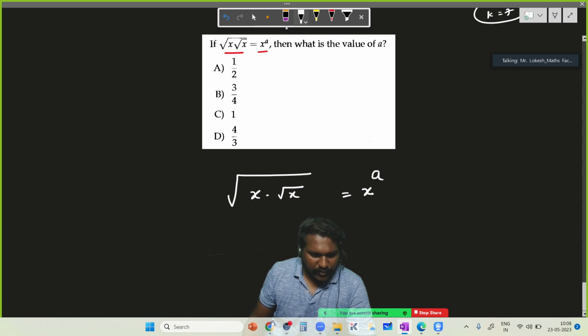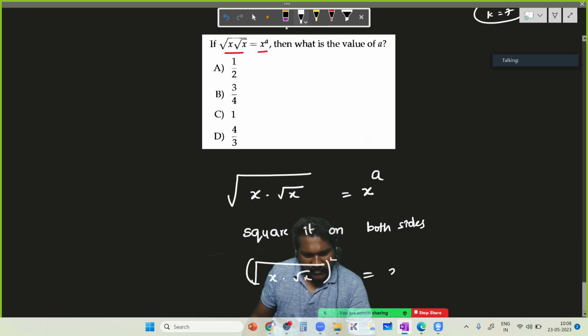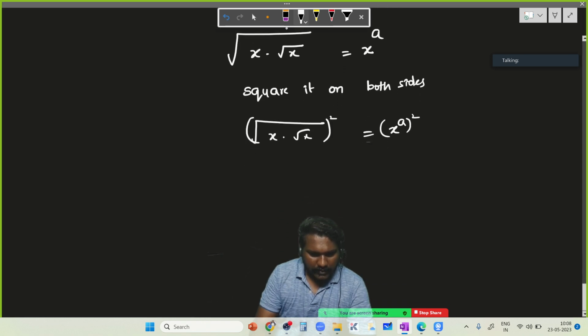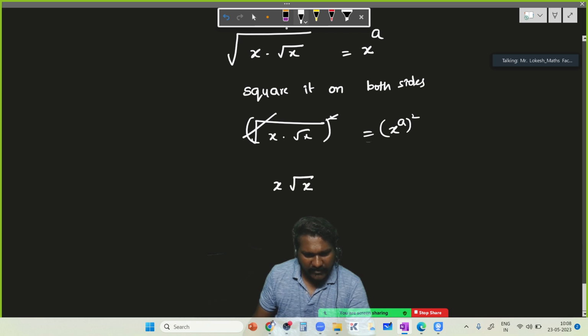So first, taking squaring on both sides. So this square can be cancelled, the outer square. So we'll just square it on both sides. Then square root of x times root x whole square is equal to x power a whole square. So here the square and square root get cancelled. That means x times root x is equal to